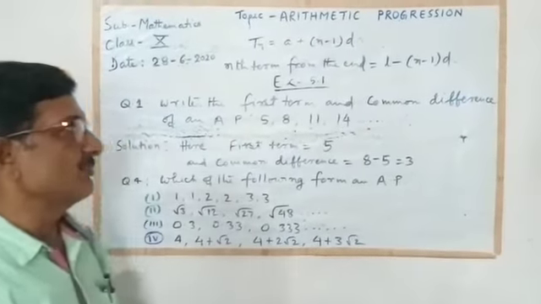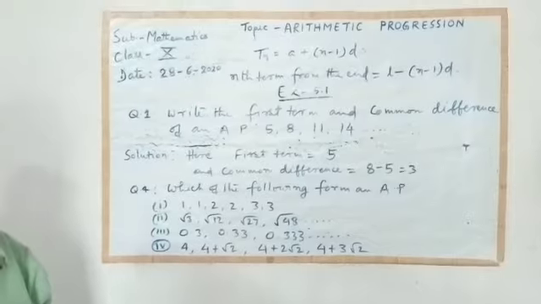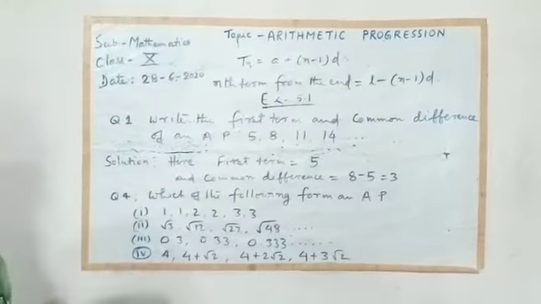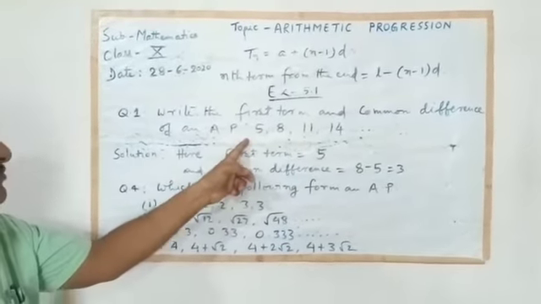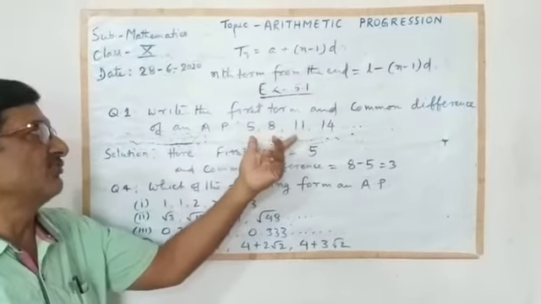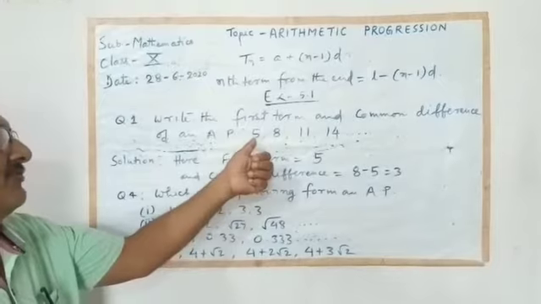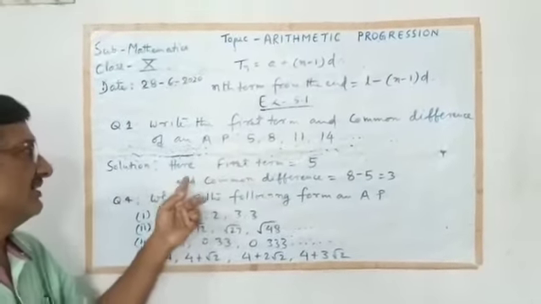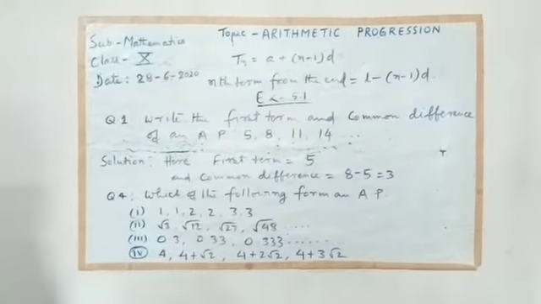Now we are going to discuss some problems based on exercise 5.1 from NCERT. From this exercise, question 1 is: write the first term and common difference of the AP 5, 8, 11, 14. Here we have to find the first term and the common difference. Clearly 5 is the first term of the given AP. So the first term is 5, and to find the common difference,